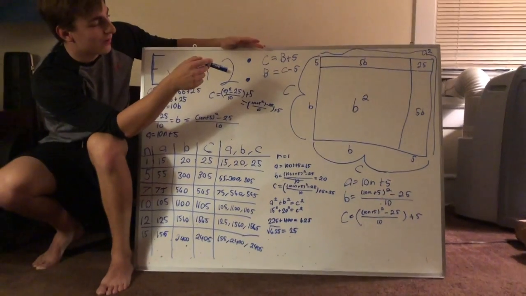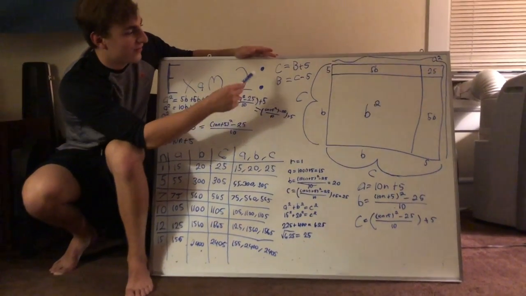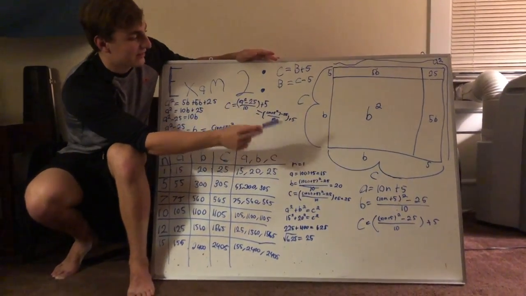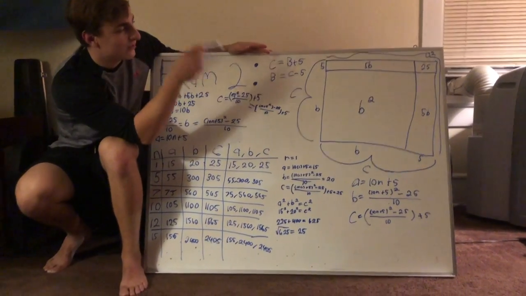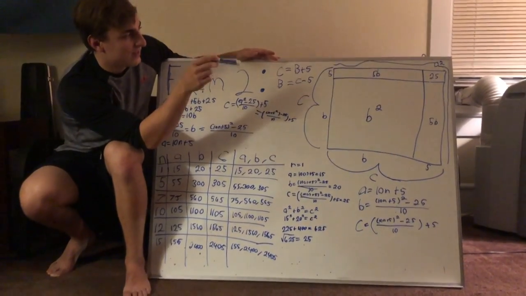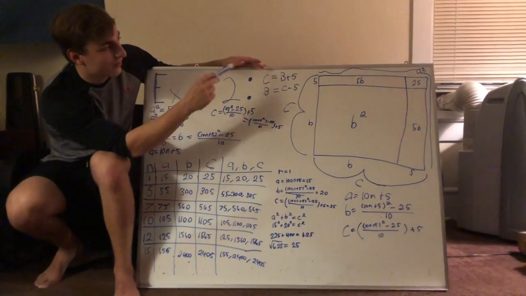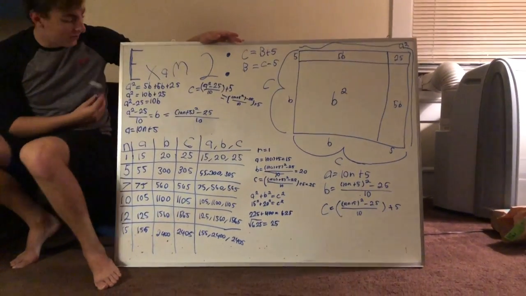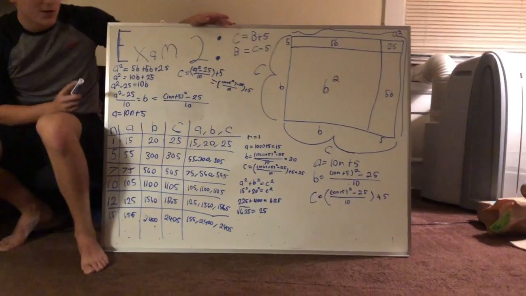So we can create our square figure over there where our sides are B, B, 5, and 5, and we know those entire side lengths are C and C. So we get B squared, 5B, 5B, and 25. We also know that corner over there is A squared, so we can come over to this side over here and find